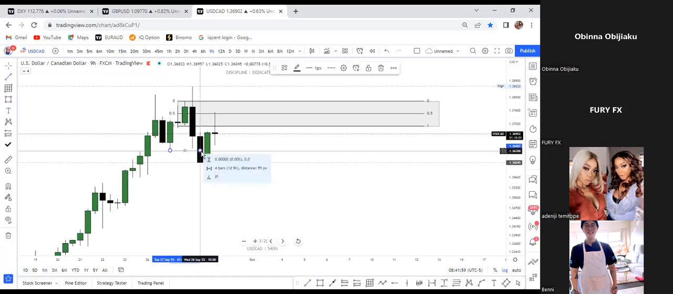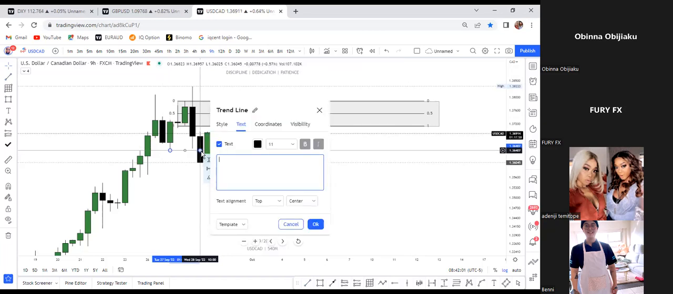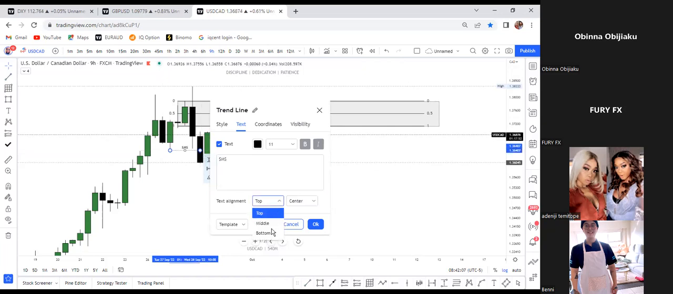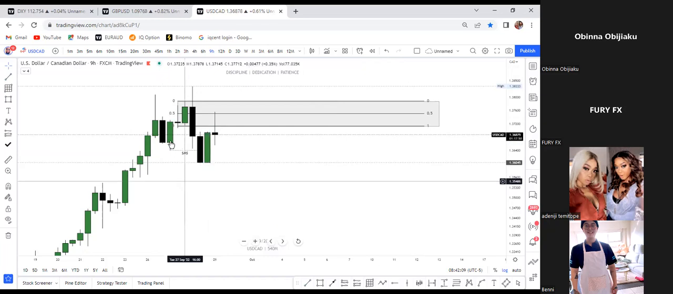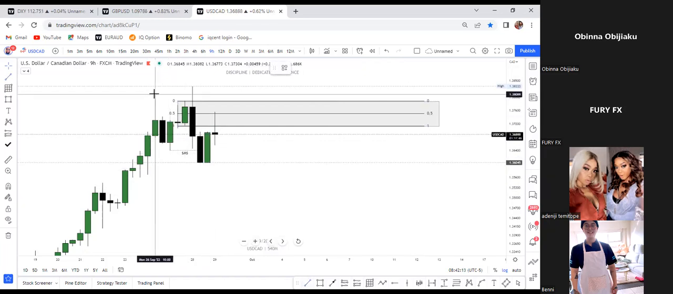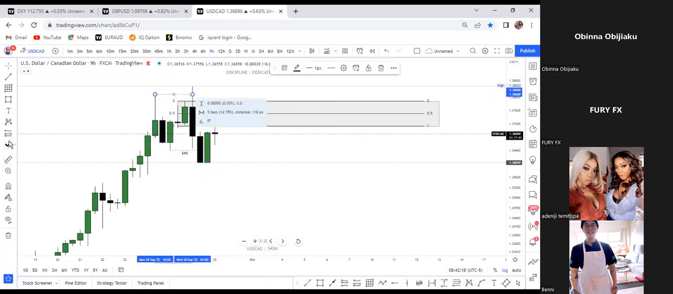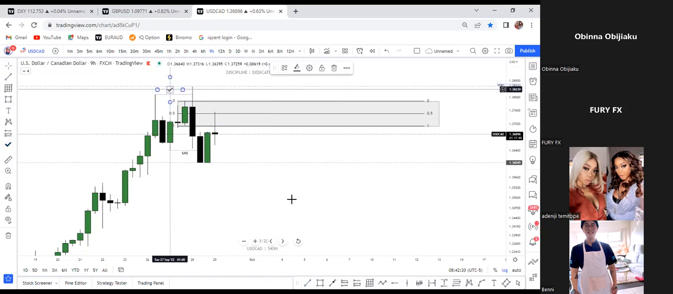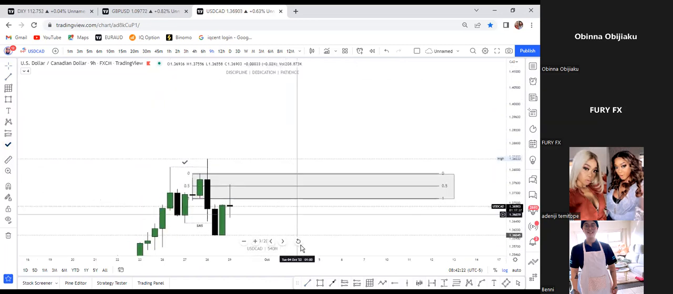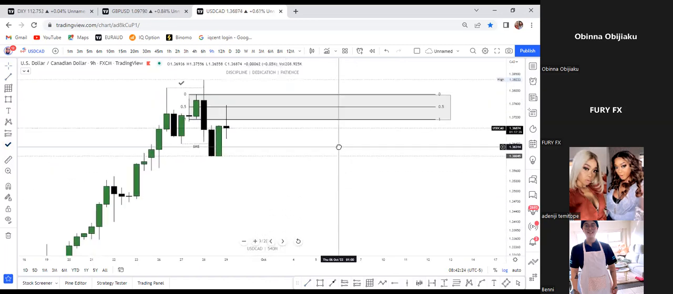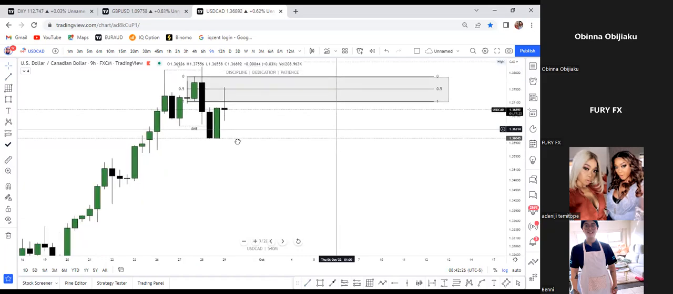Now, this demand area, we have a shift in market structure. Why? This demand zone was taken out. And not just that, we saw how this high was also, we see this top hunt right here. Now we know that overall we are bullish, we are going up to that monthly imbalance. But for now, we